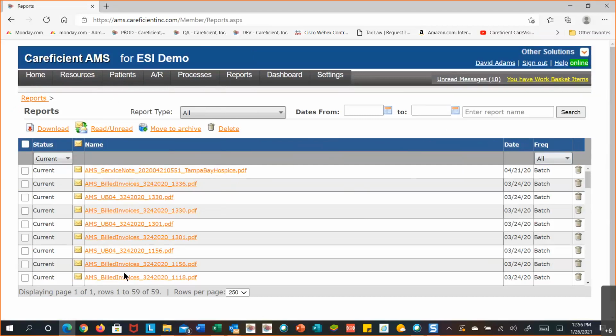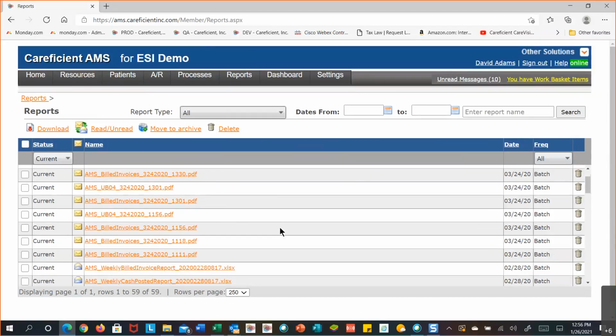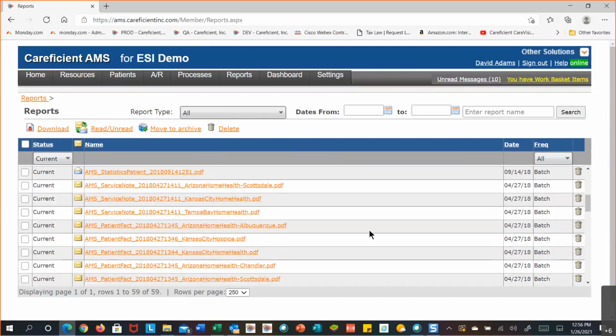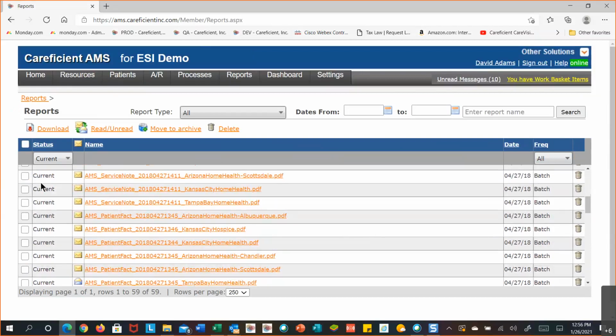The reports that are sitting out here, there are two reports that we are going to drop into your print queue every single day. They are the service note report and the patient fact report. The service note report gives you all the service notes that you've created for the last 2 weeks. The patient fact report tells you everything you need to know about the patients that are either in an active